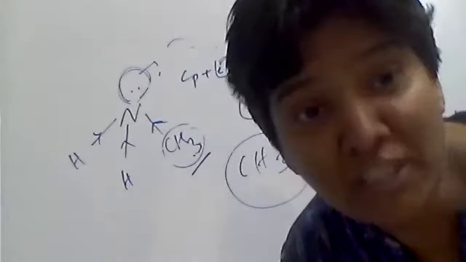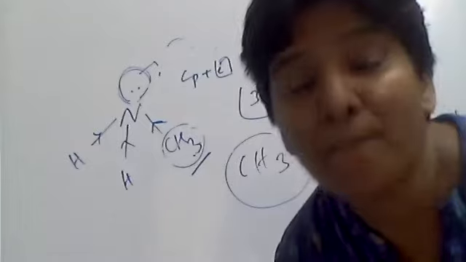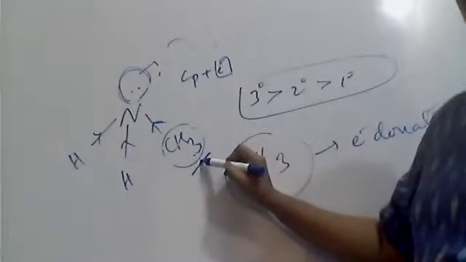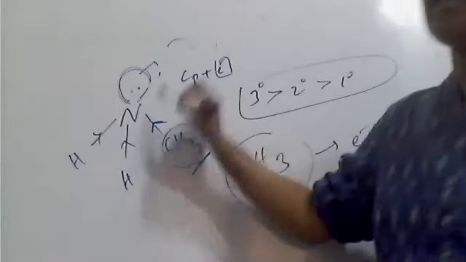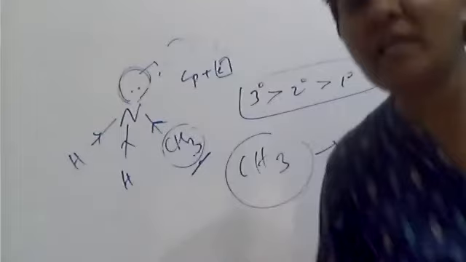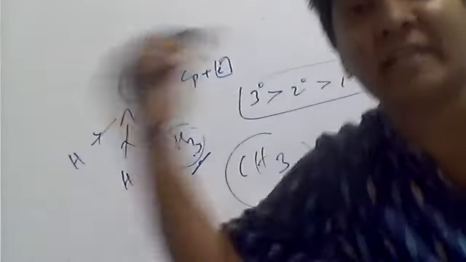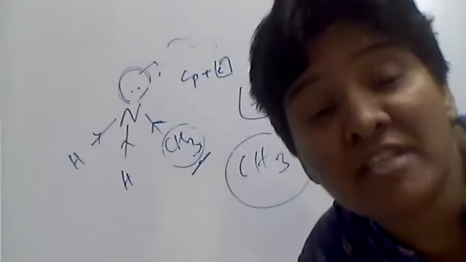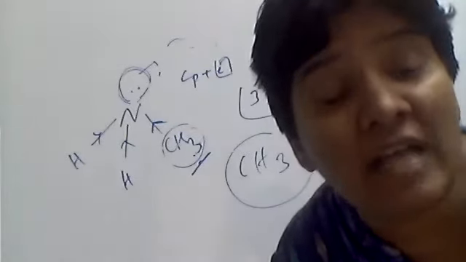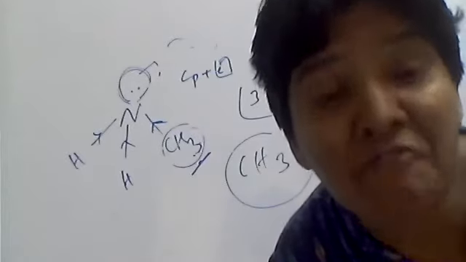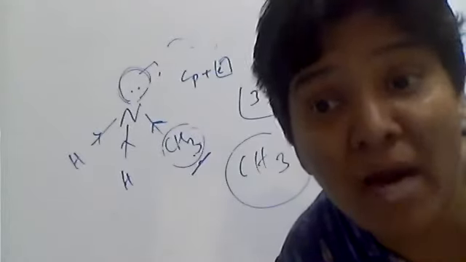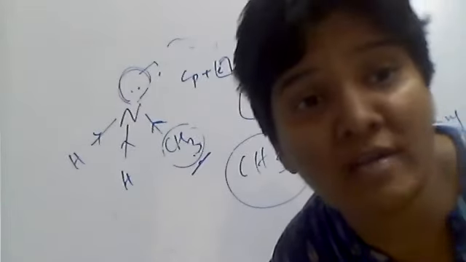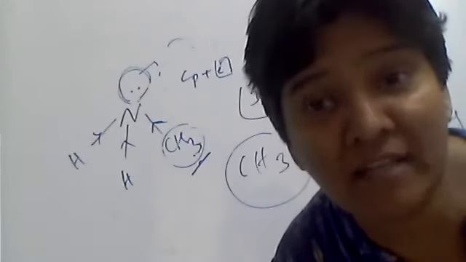So donation of electron means what? Movement of a bond. Yes or not? Movement of a bond. So here, from the group, electrons are moving towards the nitrogen. So what is happening here? Electrons are migrating. So electron migration effects explain the acidic strength of carboxylic acids, phenols, the basic strength of amines, and you have carbocations, carbanions, and free radicals.